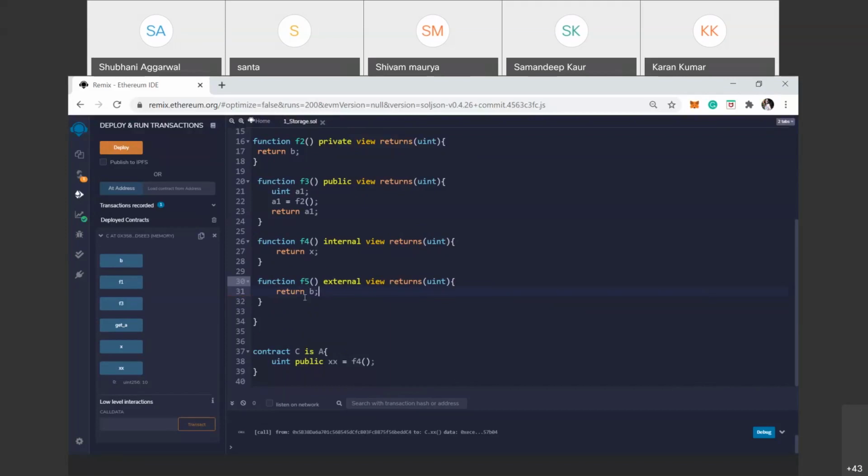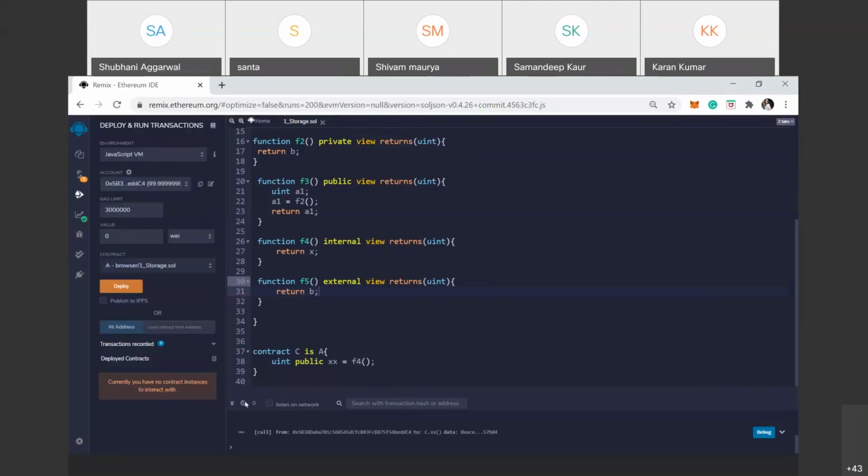External functions are called by Remix, this outside window, but they are not called by other contracts. It is called from outside. Remix can call it, but it is not used in another contract. It doesn't mean you can simply call f5 like this; this is not possible. This is an external function. How we can use it in derived contracts, we'll discuss.